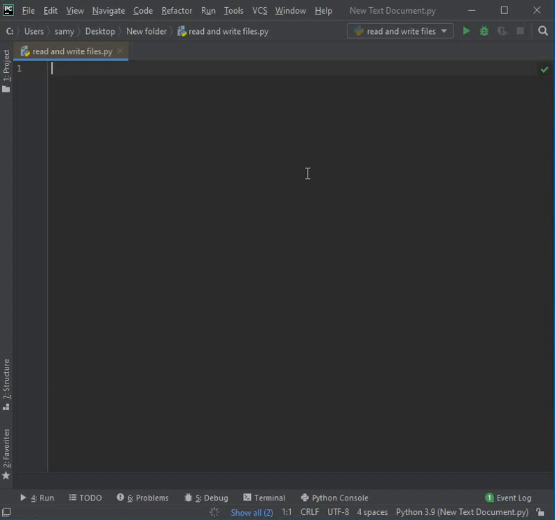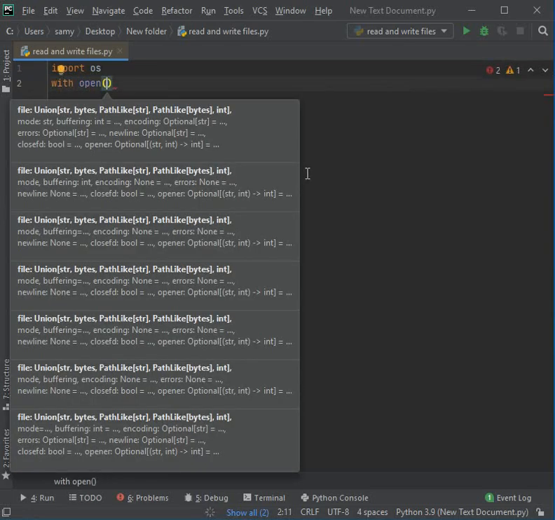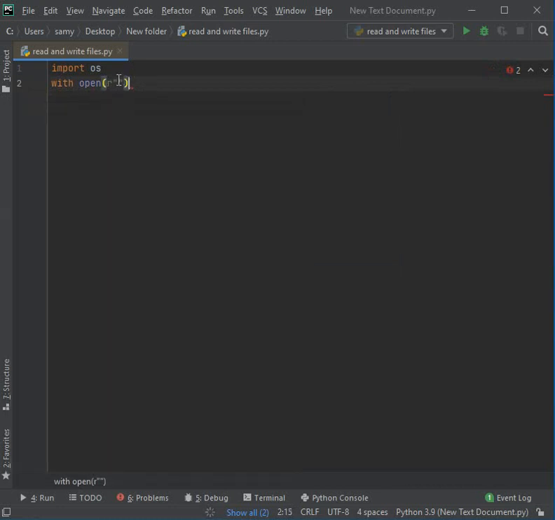Okay, here is how to read and write in files. First, you should import the OS module. Then you type with and open. Then you type r and here double quotes, and here you type the path of the file you want to read. Here is the path of the file, comma, single or double quotation. Here the mode